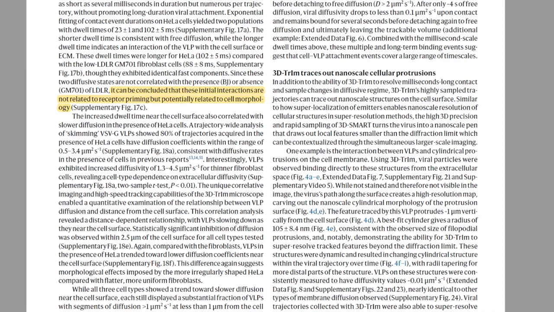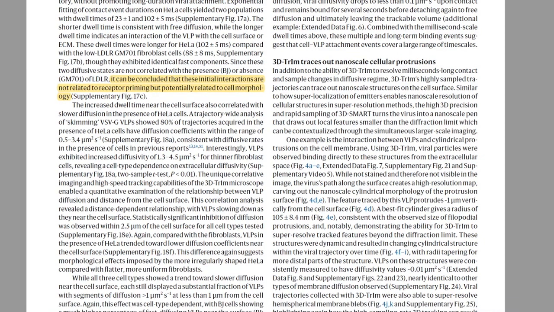Now, what they're saying here about morphology, which is the shape of the cells, is pretty simple: if the cell had an irregular shape, like there was something like a filopod sticking out of it, which we see in various cells, that could sort of capture or bump the particle more likely. And so depending on the shape of the cell surface, it may be more likely for a particle to bump into it. That's basically what they're saying. So not really a very informative observation.